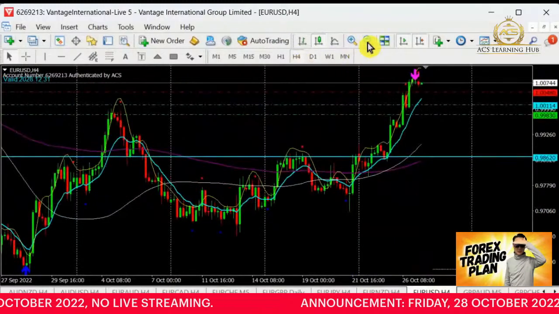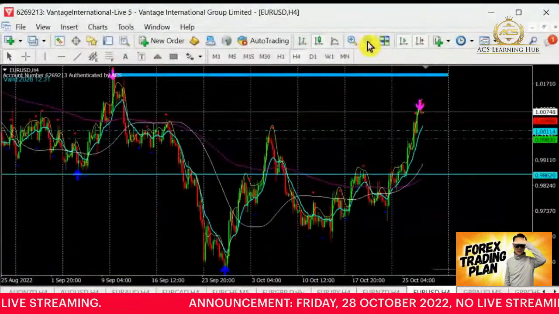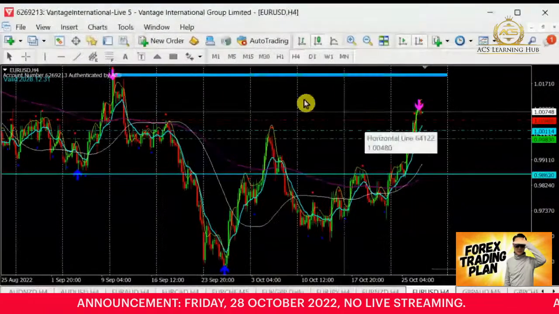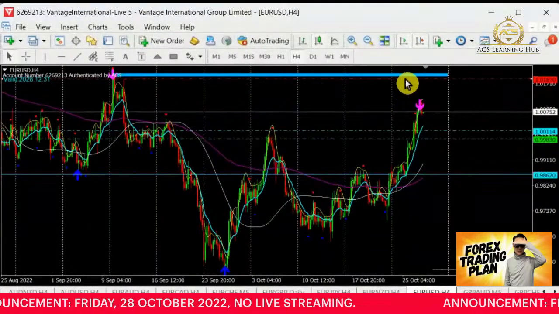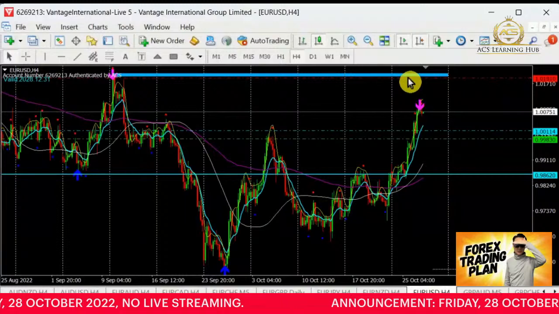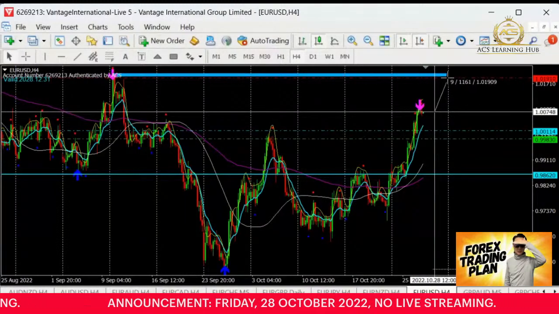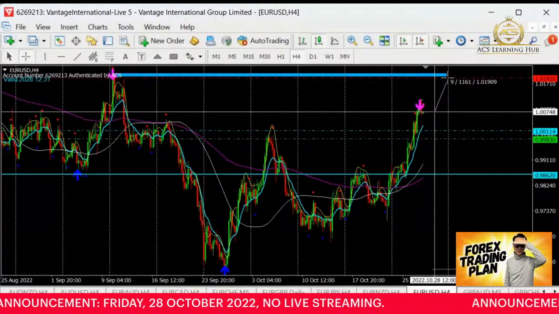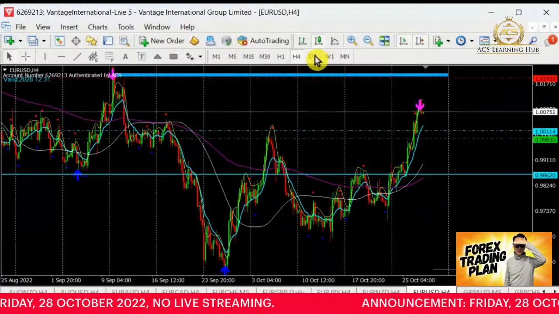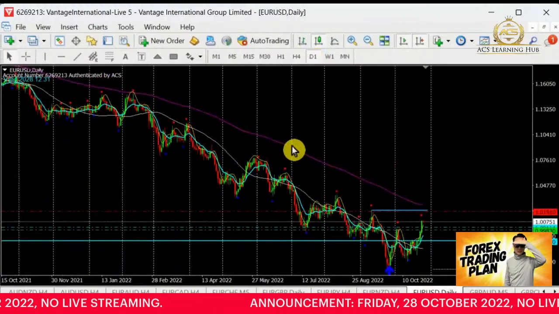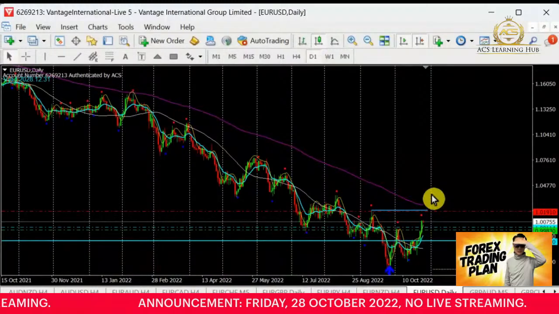So at the moment over here, the target I have also set up over here. Right, so let's take a look. Probably Euro dollar will continue the buying, test onto the resistance there. Currently looking for a buy. For now, although we are in the bear, the bear is having a retracement.